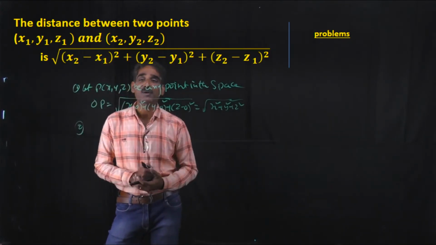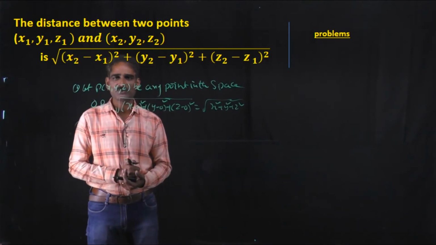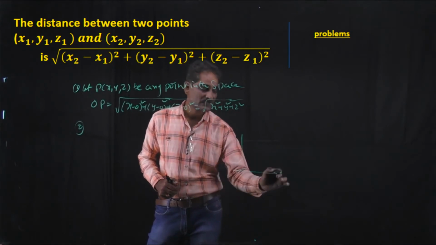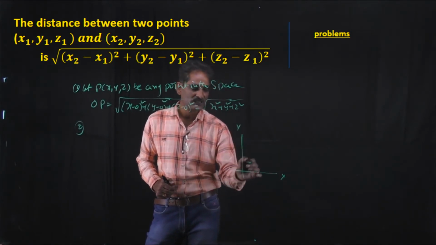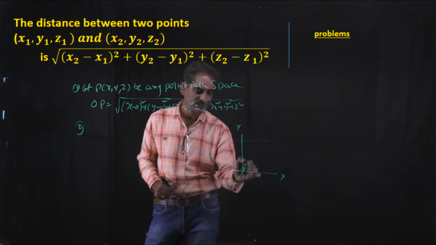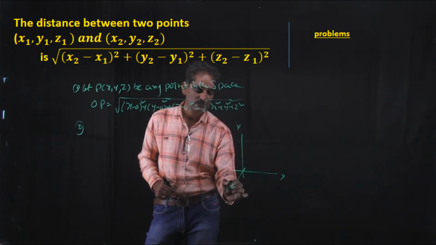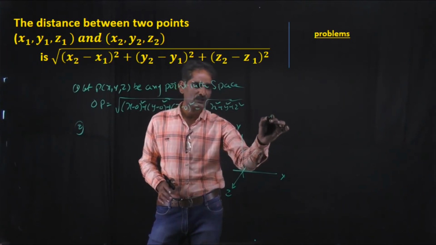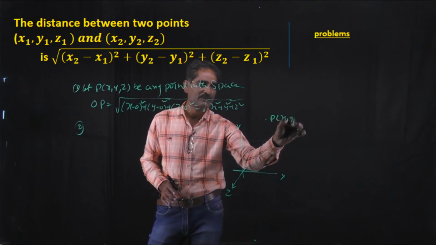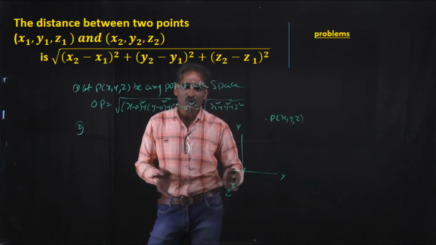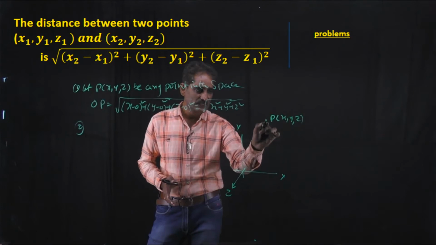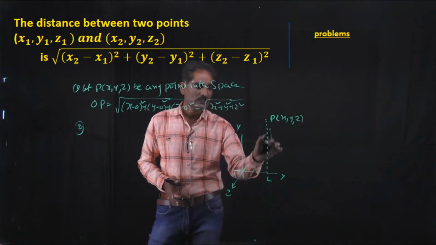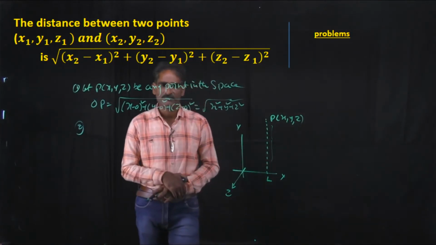Okay, so the next one is very important. What is the distance from a point to the x-axis? Just draw the figure. Suppose these are the two axes. This is the x-axis, this is the y-axis. Suppose this is the position of the z-axis. So this is the point P, suppose this is the location of the point P(x, y, z), any point in the space. I want to find the distance from point P to the x-axis. Just draw the perpendicular from P to the x-axis. Let it be L. Here we have to find the distance.